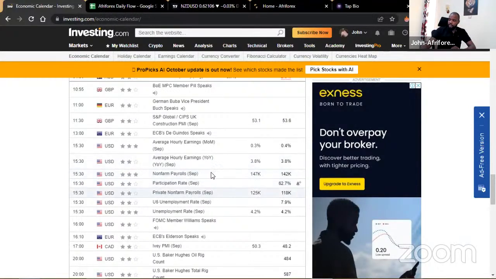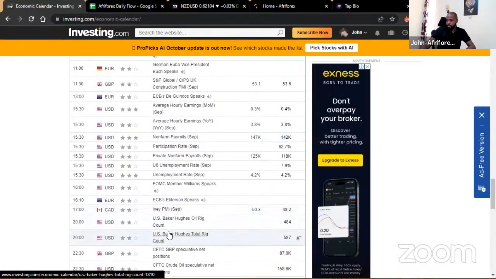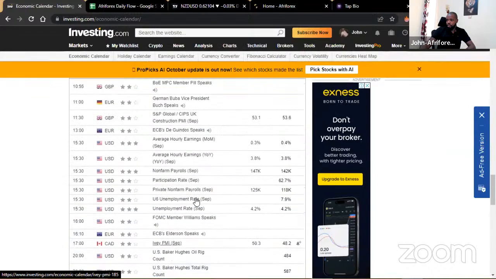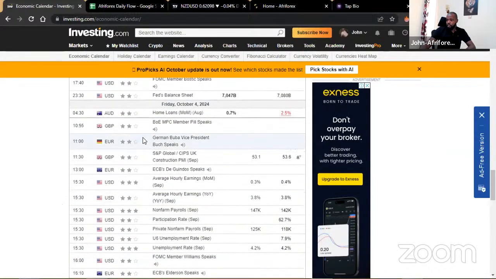If not, and especially if it ends up being a shocker, considering the fact that the analysts are expecting a higher number, if this number ends up coming out less than what they were expecting, and in fact even less than what was there the previous time, then there's a possibility we could see a lot of weakness coming in on the USDs. But you can see that there's also quite a number of USD news events that are going to be coming out at that time. Also some Canadian news events at around 5. So I guess the US session is going to be pretty lit. The London session, there's not really much that's happening apart from this GBP and a couple of Euro speeches that are going to be out.